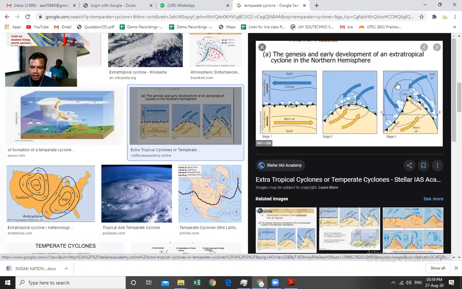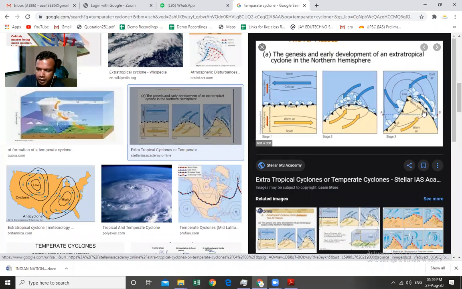So here the wind is moving in a cyclonic way, and obviously this leads to the warm air mass moving upwards. When this warm air mass moves upwards, obviously the temperature decreases, and when the temperature decreases, there is rainfall in the upwelling zone. So here also there is a rainfall, but the difference between